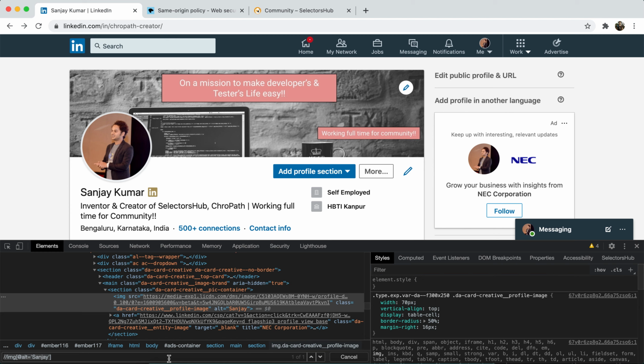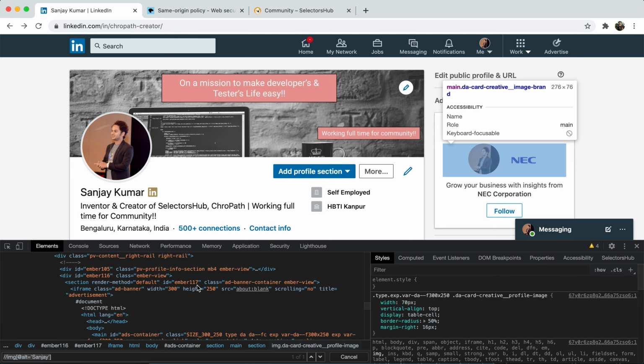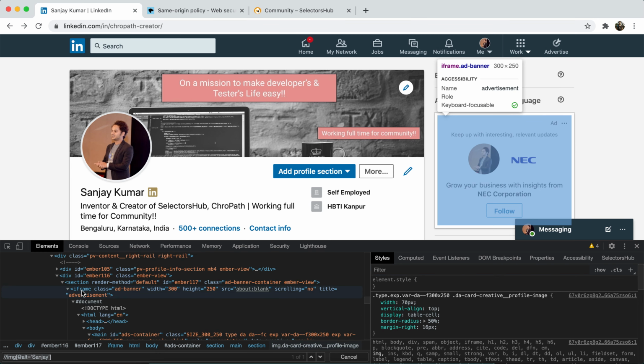And suppose our script takes around 10 seconds, 5 seconds. In fact, sometimes it takes 1 minute, 2 minutes, depending on how much code your script has. Then our script will fail because this element, if you see, is inside an iframe. Here you see that this is inside an iframe, so for sure we will look for inside which iframe it is, then write the iframe XPath, and then switch.